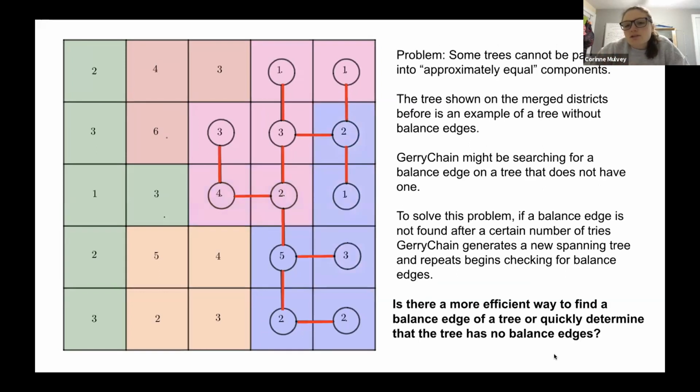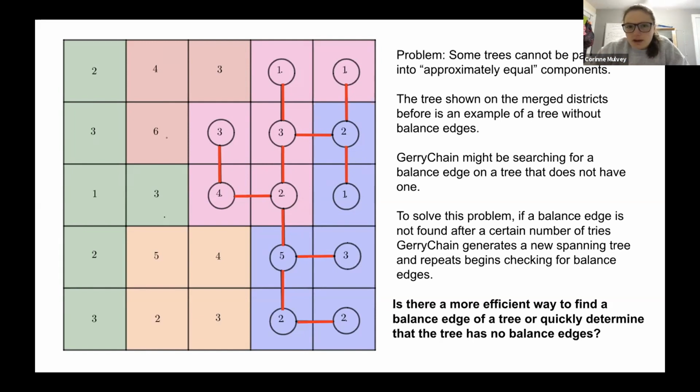So the problem is that some trees don't even have balance edges. You can draw a spanning tree at random and it might not have any edge that you can remove to break it into 2 equal components. So when Jerry chain is looking for such an edge, it's just choosing edges from a tree that doesn't have a balance edge. To solve this problem, Jerry chain basically just says, if I don't find a balance edge after checking some number of edges, then I'll just stop, redraw a spanning tree, and start checking in that tree. And a question that I was interested in